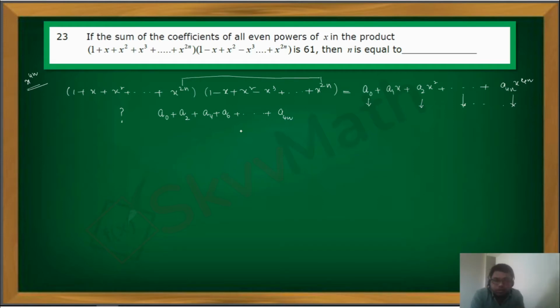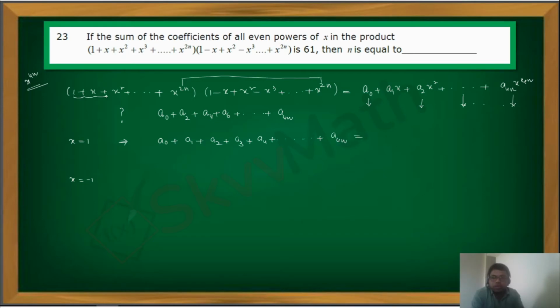Now there is a simple technique to find the sum of coefficients of all even powers of x. We take the variable value 1, then we take the variable value minus 1, then we add. Right? So what if x equals 1? If I substitute, what will I get? I get a0 plus a1 plus a2 plus, if I want I can write some more terms to make you understand, a4 plus up to so on a4n, which is equal to, if I substitute x equal to 1 here,